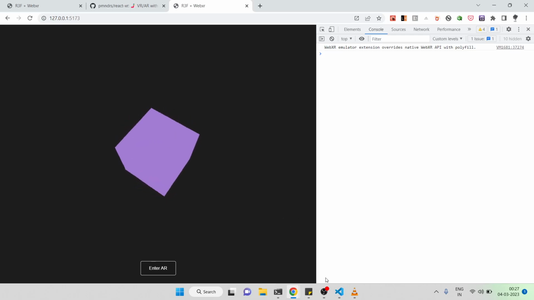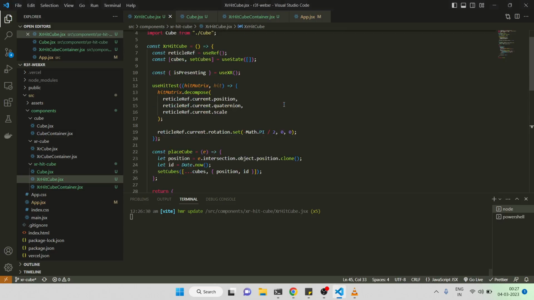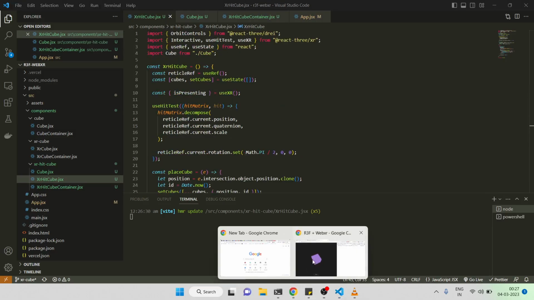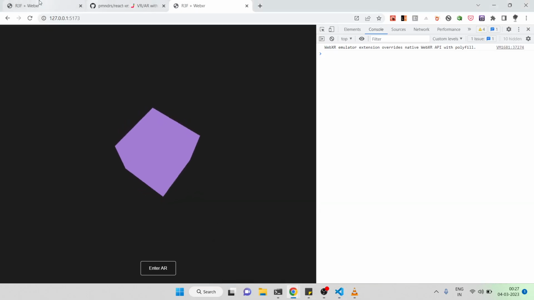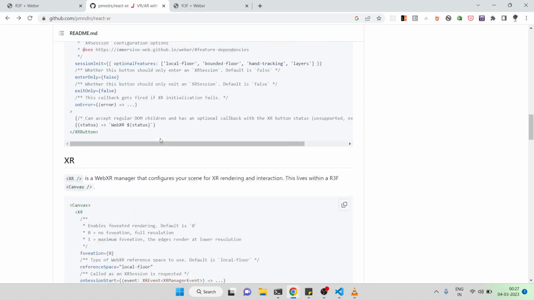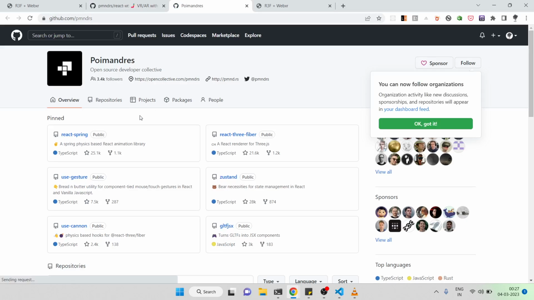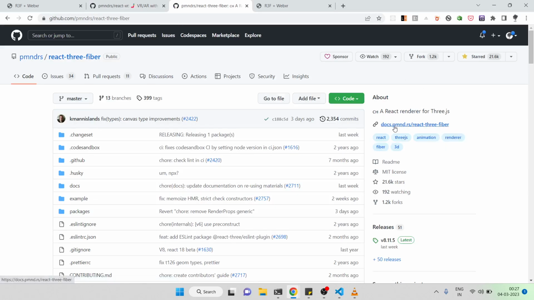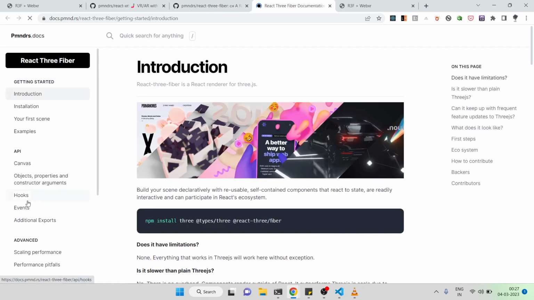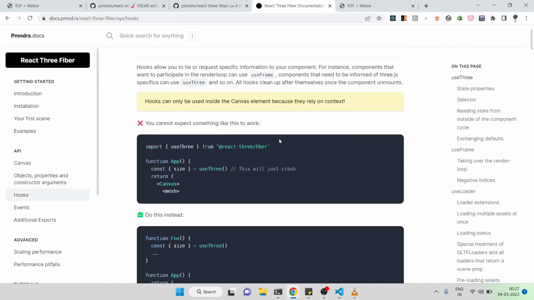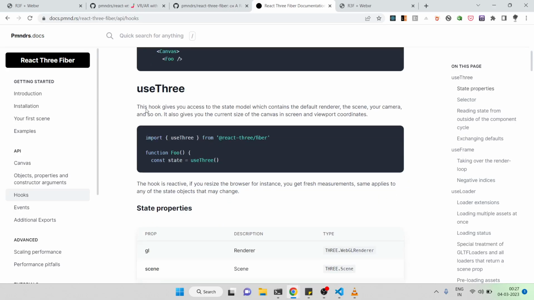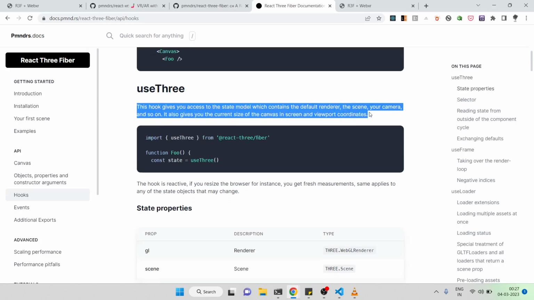To avoid this kind of scenario, we can again use a different hook from React Three Fiber. Let me open it. I think I lost it. Sorry about that. As you can see, this is the useThree hook, which is provided by React Three Fiber. This hook basically gives you access to a lot of Three.js related stuff. So we can use this hook